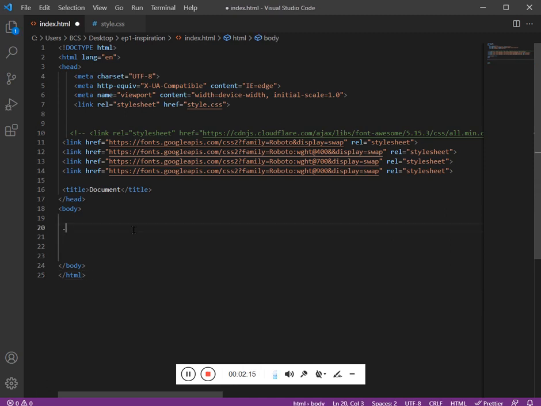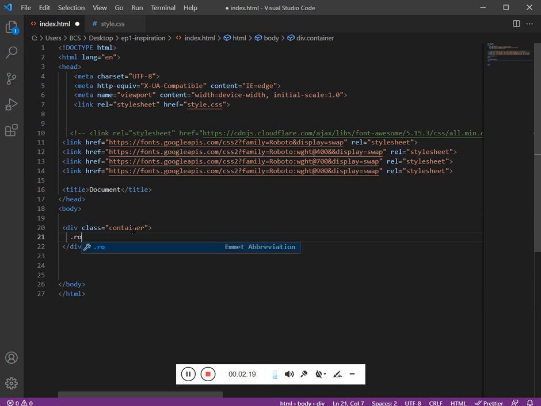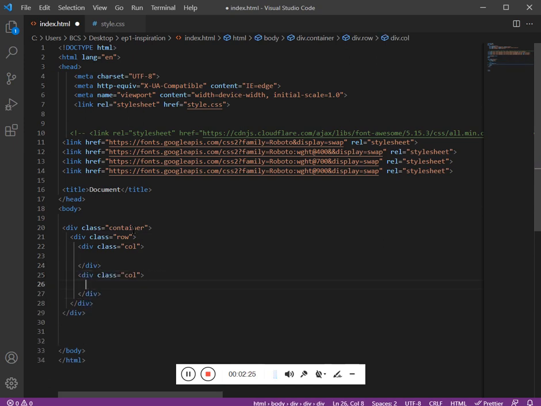We have a container, as I said. Inside the container we need a row, inside the row we need a column. So we have two columns. Let's mention the ID first col, ID second col, meaning column.